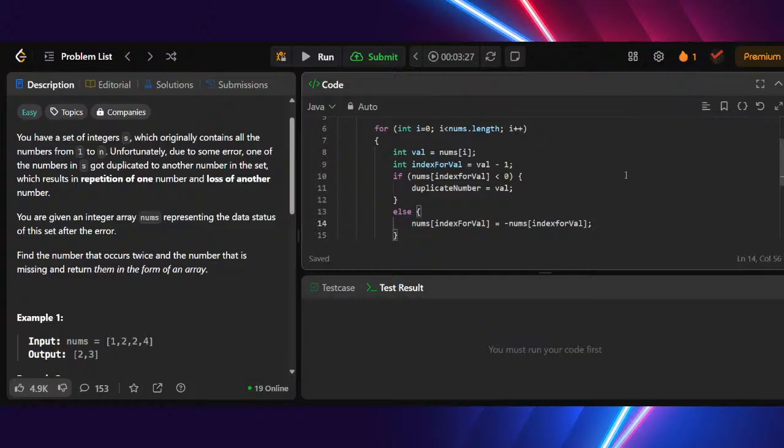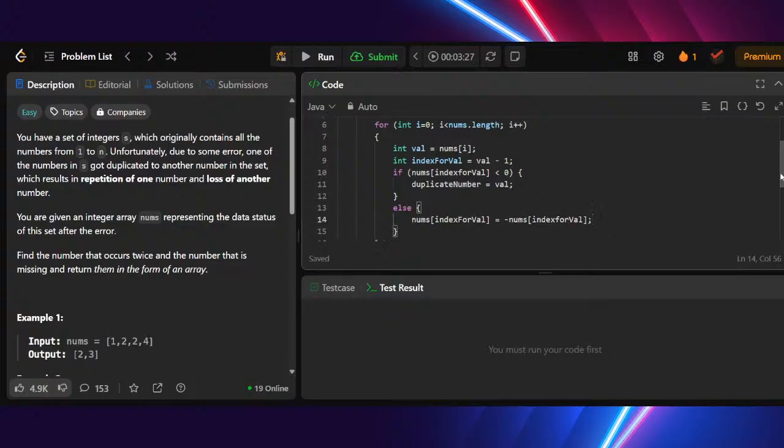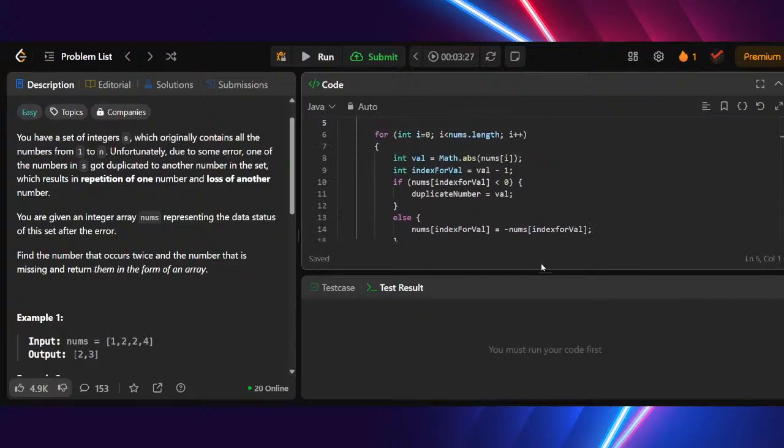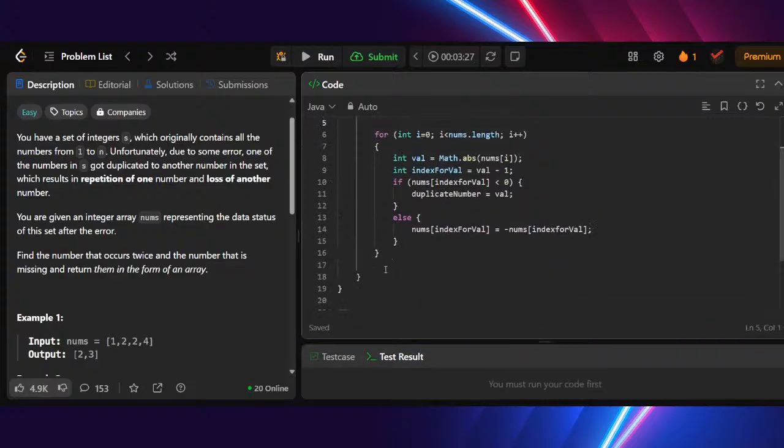Another thing you have to do, which is take the absolute value of it. Here you have to take the absolute value because you might have marked it negative. Okay, so this is fine. You've gone through all, and by doing this exercise, the number which is not negative